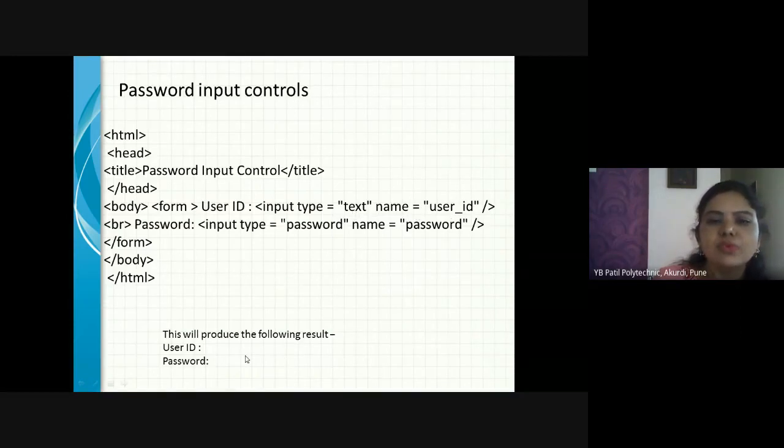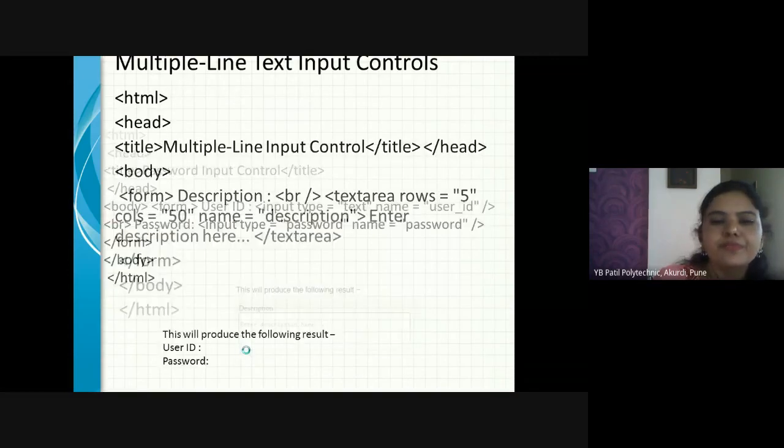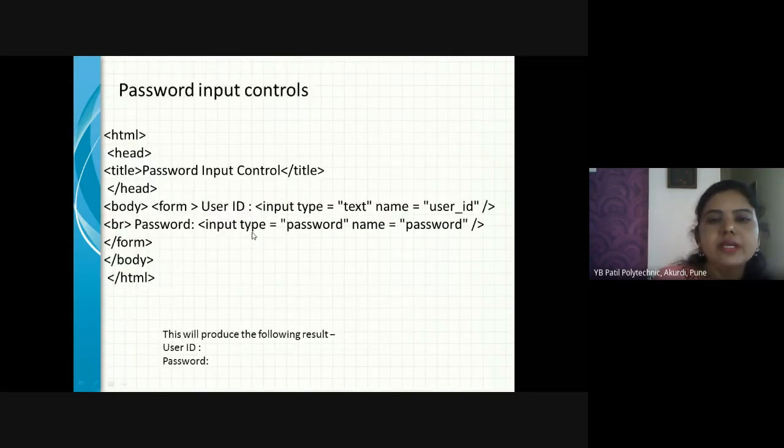The box name is user ID. Then the second tag is input type, and the type is not text here. It is password here. And the name of this box is password. It means whatever you enter inside the second box will not be visible to the user. During hands-on, you will experience how the password control works.